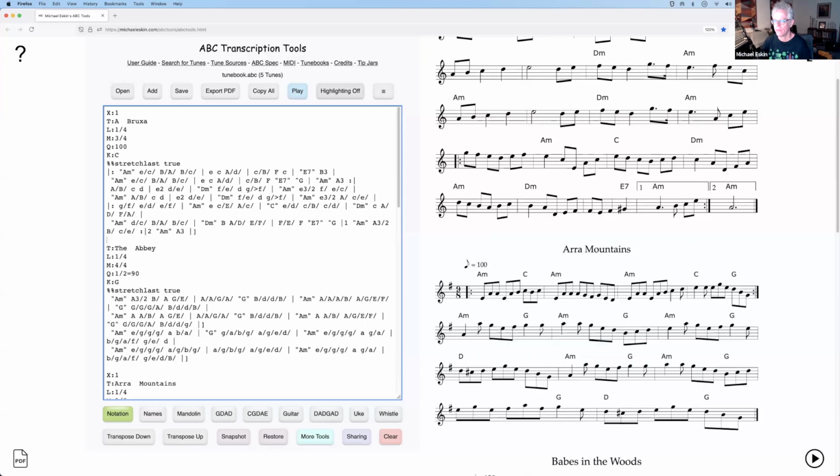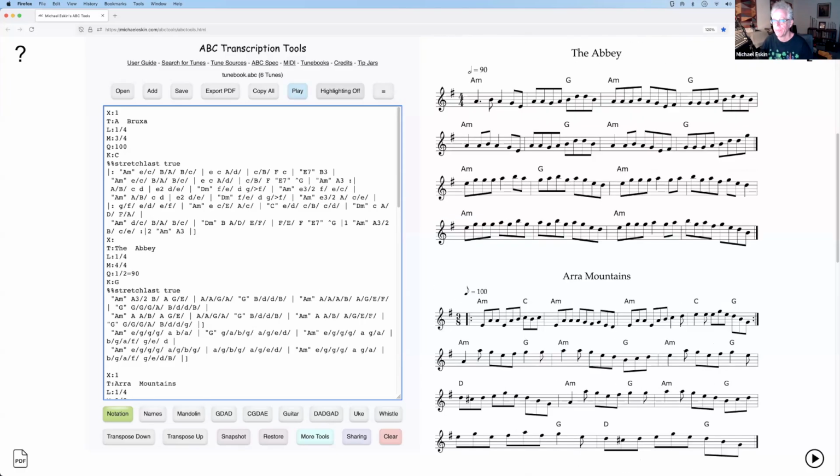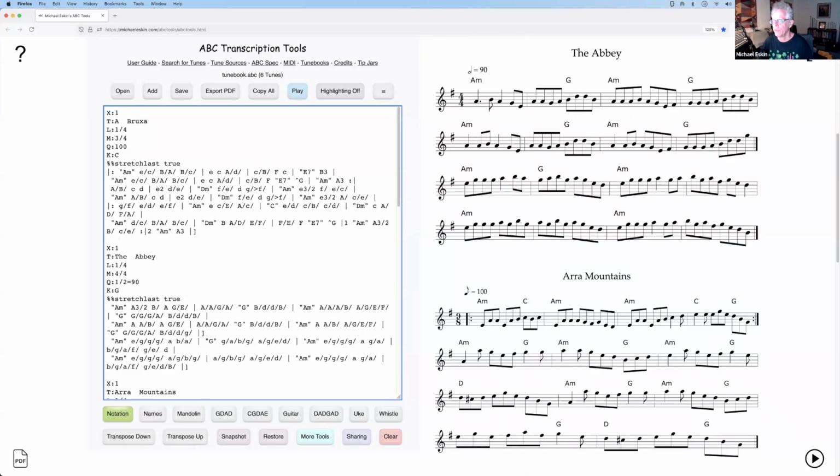So there are ways of constructing playable sets of multiple tunes in ABC. If you want to make a set to send somebody, with all 3 tunes playing one after another, there is a way to construct a tune that's essentially 3 tunes, but the tune books are designed to have each tune on its own. Okay, so